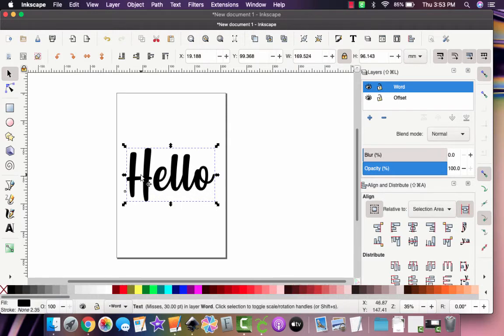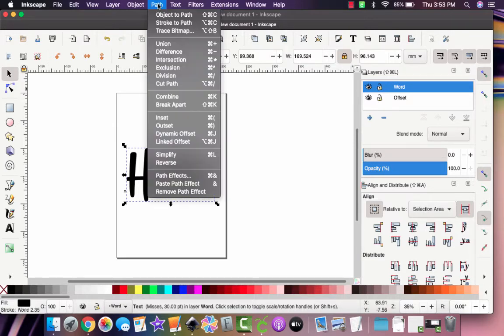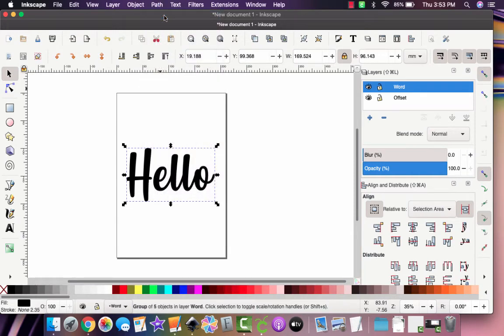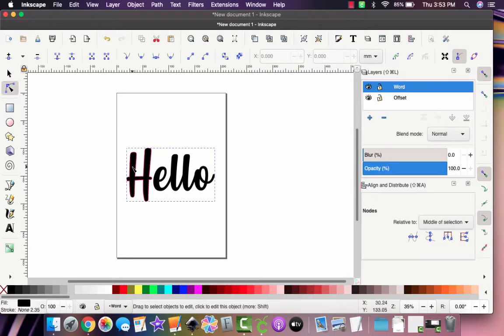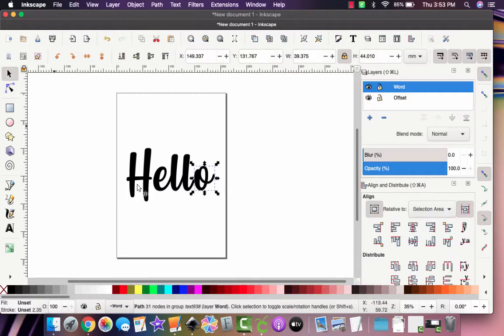So what I'm going to do now is I'm going to convert this text. I'm going to come up here to Path, and I'm going to click Object to Path. And what that's going to do, you're not really going to be able to see, but the more comfortable you get with design, you'll understand that it converts text into a path that you can go in and edit little elements on it. Okay, so now that that's a path,